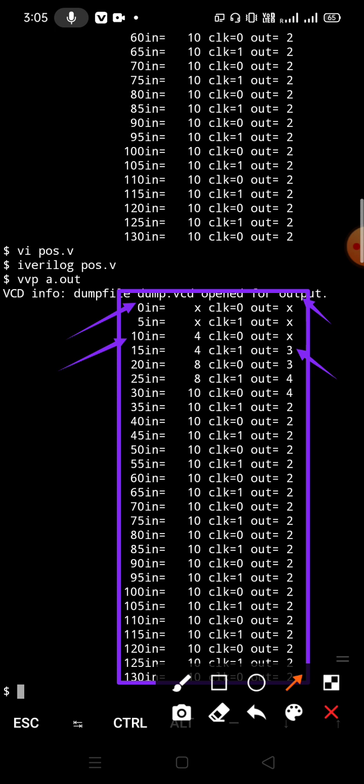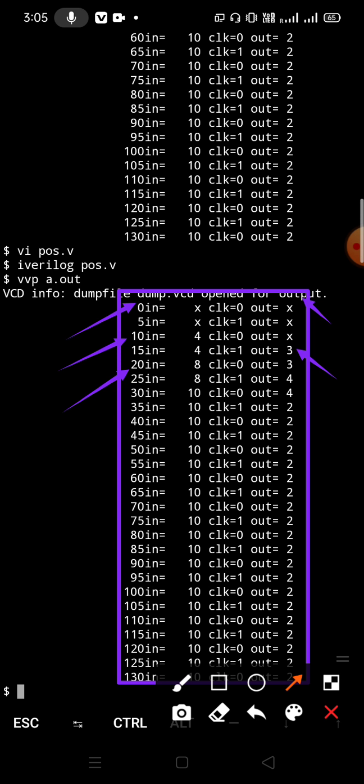It will remain 3 up to 20. Before the 25th simulation time our output will remain 3, because at the 20th simulation time we have given our input as 8. 8 means the first occurrence of 1 is at the 4th position. So at the 25th simulation time we are getting output as 4.